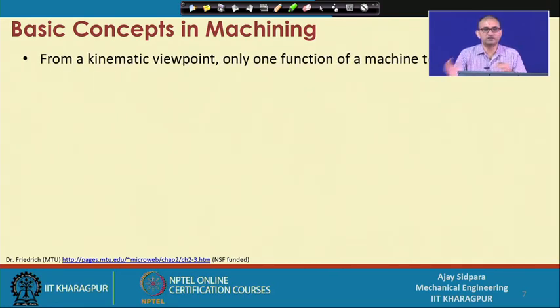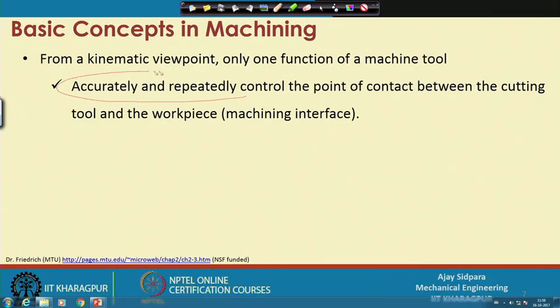Now we have seen the machine tool is actually the kinematic joint between the different types of elements, and finally all joints will move with respect to each other and you can get the machining done in this case. So what is the function, from the kinematic point of view, of this machine tool? It is to accurately and repeatedly control the movement of this particular contact between the cutting tool and the workpiece, that is called the machining interface. Now if you see this particular slide,